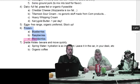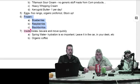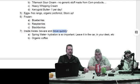Okay, now look, the last section is in the inside aisles, and it says beware, move quickly. There's one thing I didn't put on there that I would like to add, and that is fish. Okay, so starting at the top,